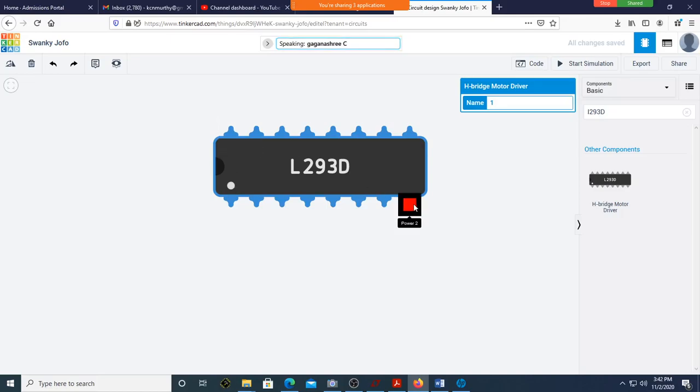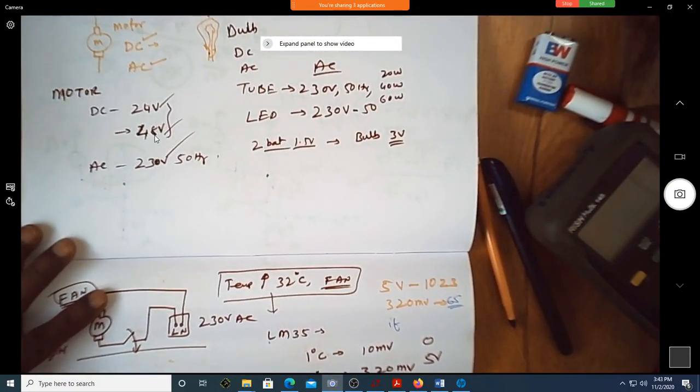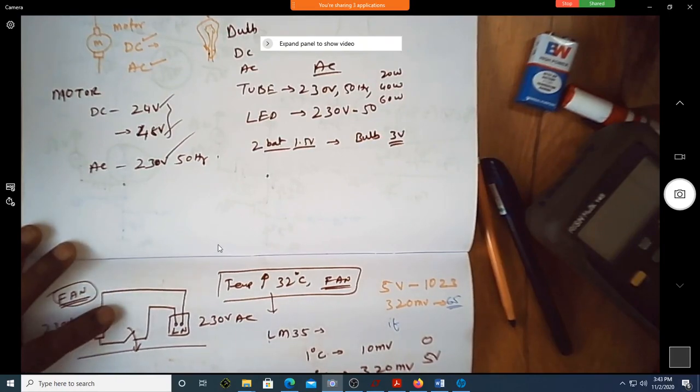How about this power 2? Power 2 depends on the load that you are driving. As I said initially, a DC motor can be 24 volt, 28 volt, 48 volt, 12 volt. If you are using the L293D to drive a 48 volt motor, then power 2 should be 48 volt. If it is 24 volt, then power 2 is 24 volt.